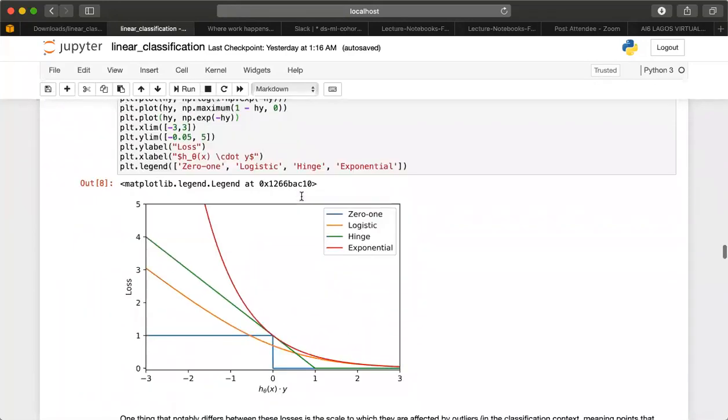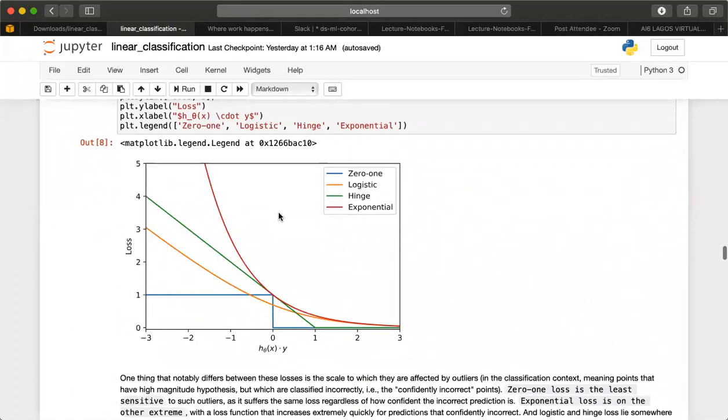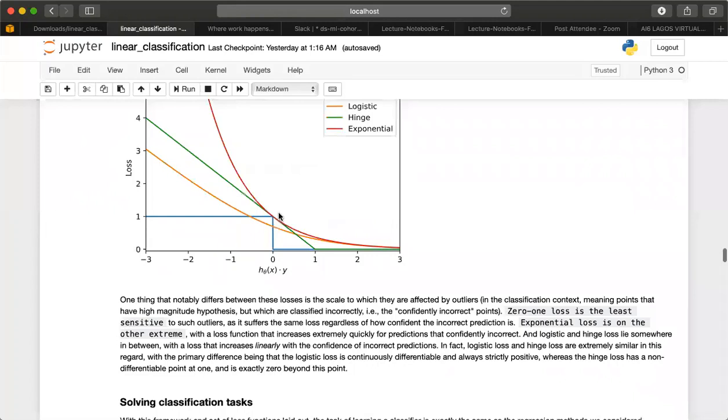Okay, so this is what our losses look like. And then in solving the classification,